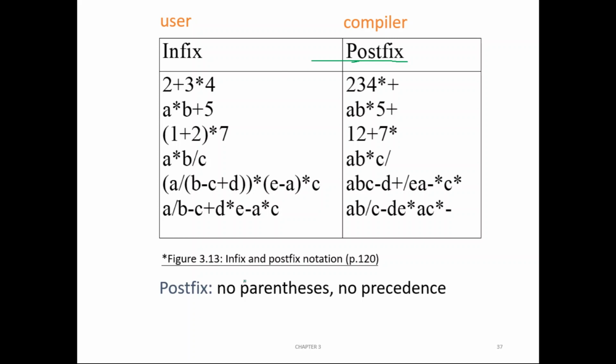First, let us understand how to convert an infix expression to a postfix expression. Before converting, we have to add brackets to understand how it is going to execute. If you take this expression 2 plus 3 star 4, there are two operators, plus and star. Which has the highest priority? Star has the highest priority. So this part should execute first. That is, the operands involving star should execute first. That is 3 star 4 should execute first.